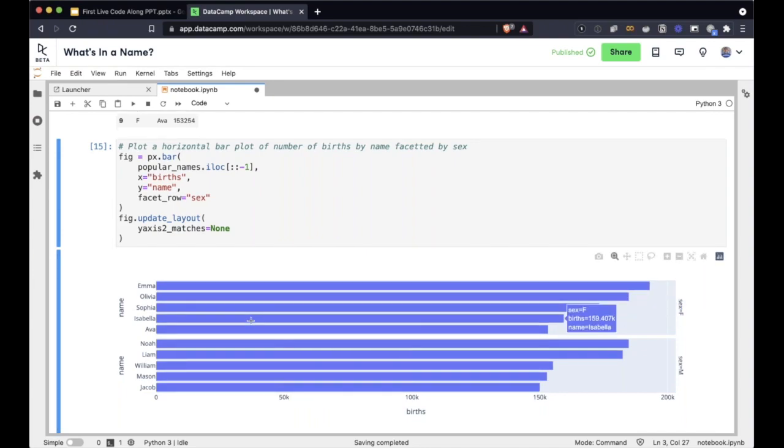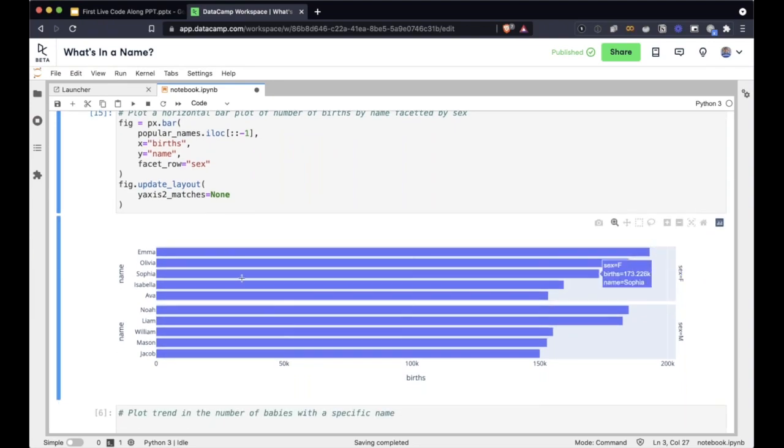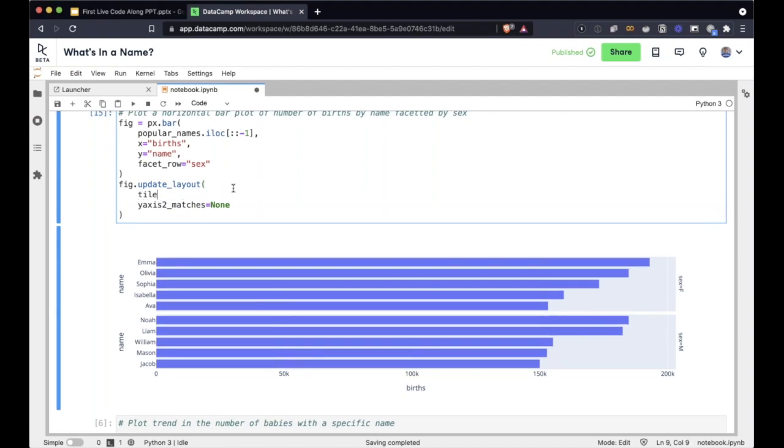We have all the bars lined up correctly here, and now let's fix the remaining pieces. So let's add a title. I'm going to say title is, let's say, most popular names of the decade in the US.